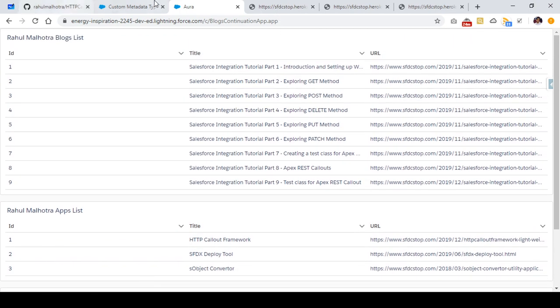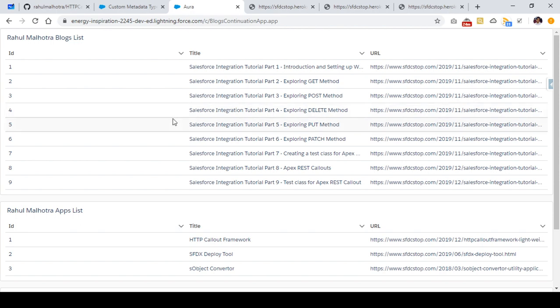Right. Okay, so I'm just going to jump onto the code of the Lightning component now, and we'll mainly focus on the callout part here, and we'll not focus on the implementation of the Lightning component. But if you want to have a look at the implementation, or learn more about it, you can write in the comments down below so that I'll create another tutorial regarding the implementation of the Lightning component.